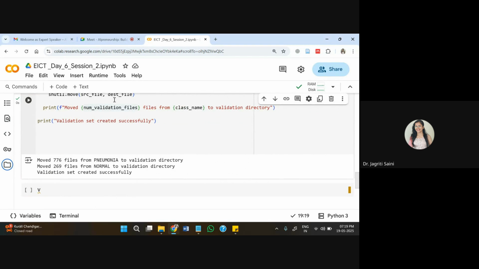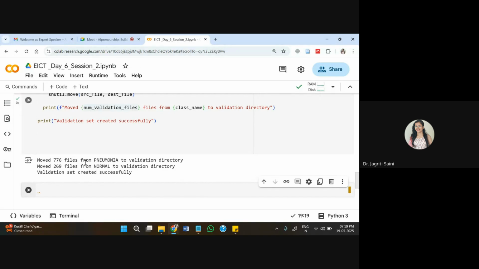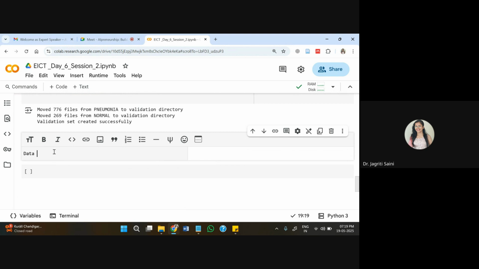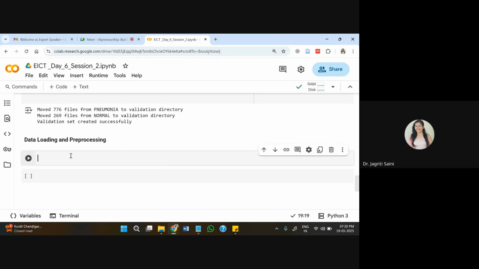And now we have 3 versions of the dataset that we can proceed with further to design our CNN model. So what I'll do here is, now I'll write here data loading and pre-processing. The pre-processing part here I'll do just based on some augmentation on the training and validation dataset, so that we can have more refined data to train our model.